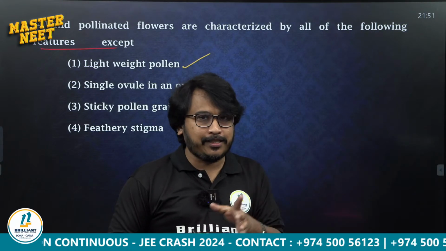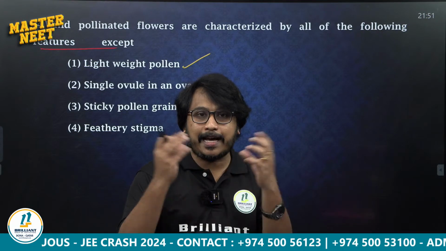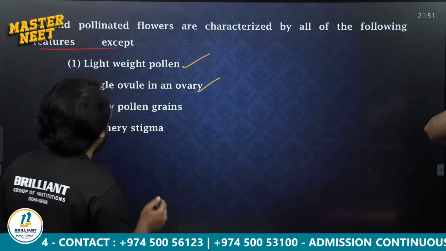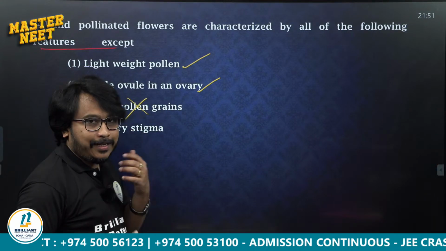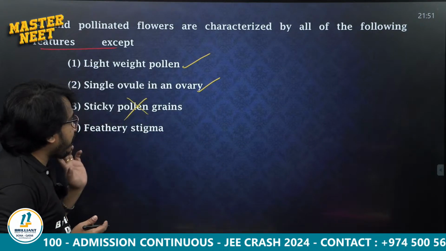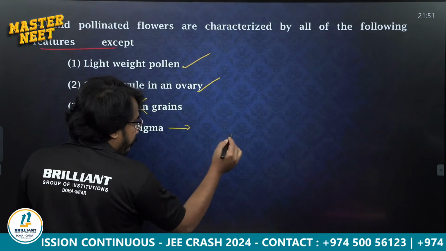That is also a characteristic of plants that are pollinated by wind. Then one example in NCERT, remember, corn-cob tassels. The tassels will be for collecting the pollen grain. Then sticky pollen grain is actually wrong. That is actually a character of the pollination by insect, entomophily. Good. Then feathery stigma, please remember,